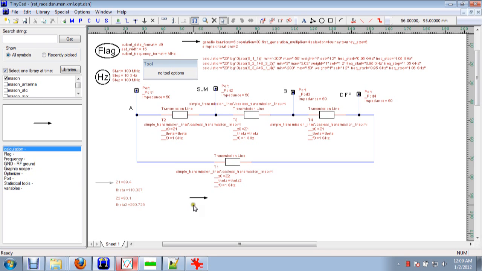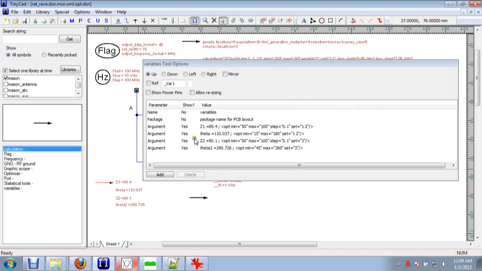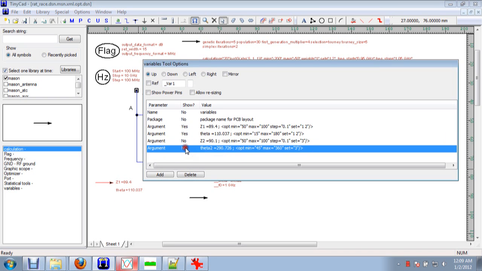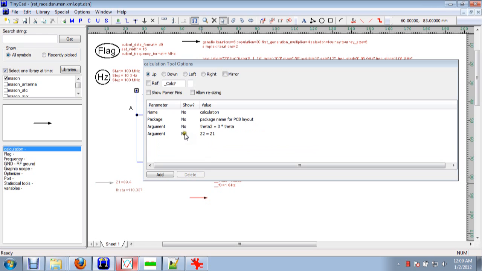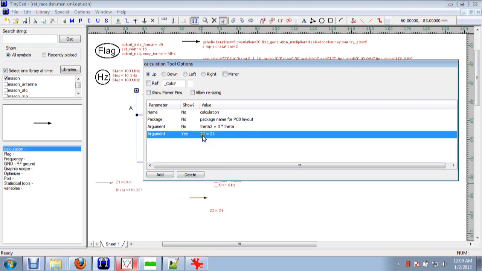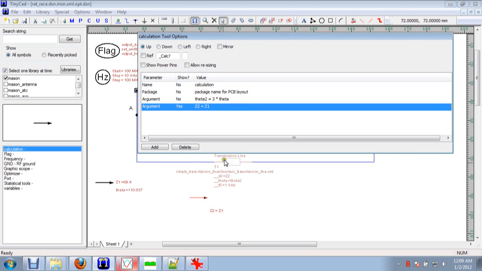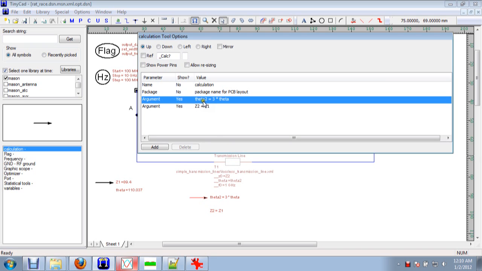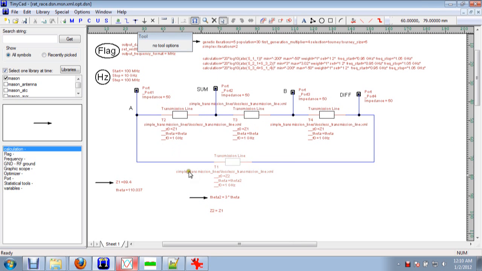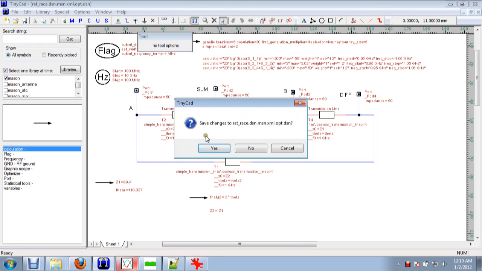I actually already have a calculation block in here, so I'm going to turn off these variables, and instead I'm going to have a calculation block where I'm going to say my Z2 variable for this transmission line is equal to Z1, and my electrical length, theta 2, is going to be equal to 3 times theta. And that's just something that we know about the rat race circuit, so we're going to tell Mason that. So now when we run Mason,